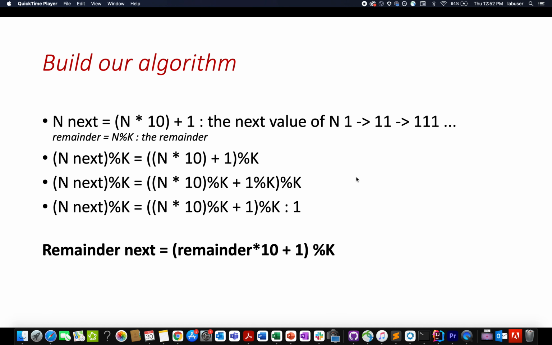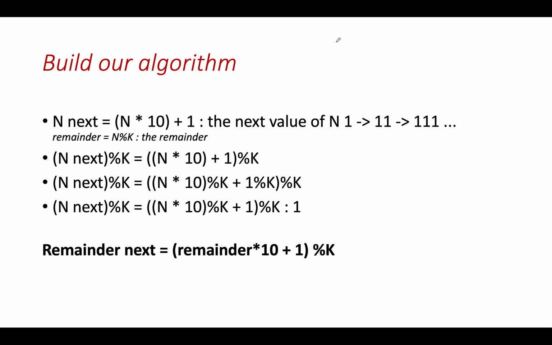Now let's formalize the approach using the test cases that we just talked about. Let's hypothetically assume that you have a particular value of n, and let's take the case that right now the value of n turns out to be equal to 11. You want to generate the next possible value of n. What do? You multiply it with 10 and add 1 to it. So what do you get? You get 111. When you have 111, you want to generate the next possible value of n. What do? You multiply it with 10 and add 1 to it. So the next number turns out to be equal to 4 times 1.